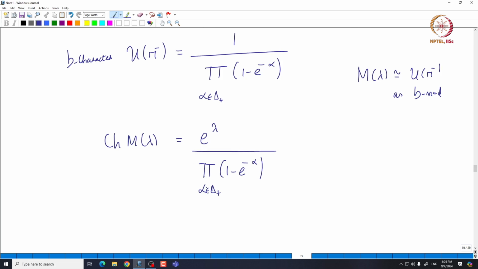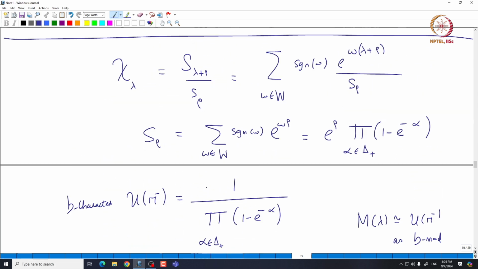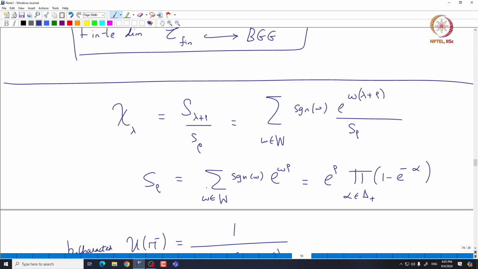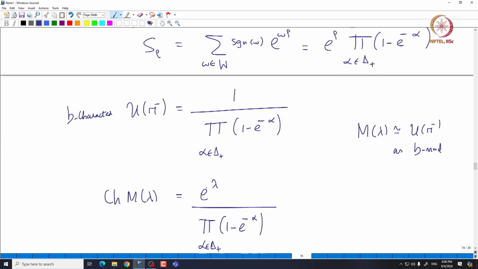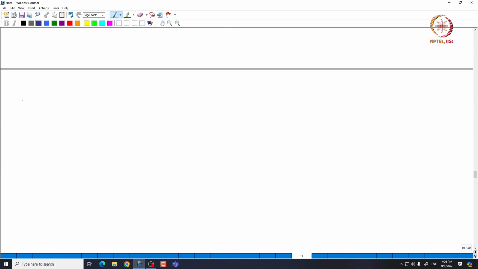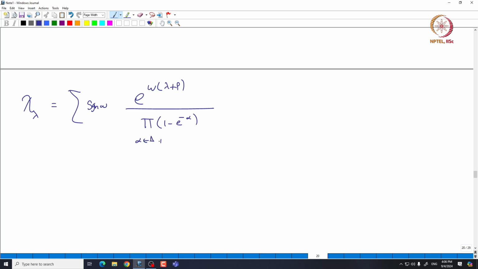Now if you take this dot action, let us rewrite this chi lambda again as follows. Chi lambda equals the summation of sign of w e power w of lambda plus rho, divided by this product of 1 minus e power minus alpha, alpha in delta plus, and then e power